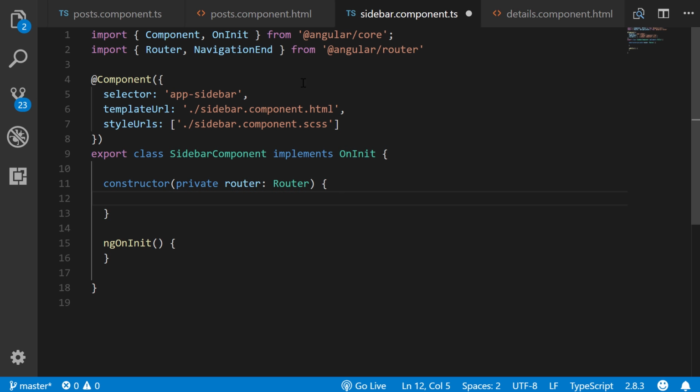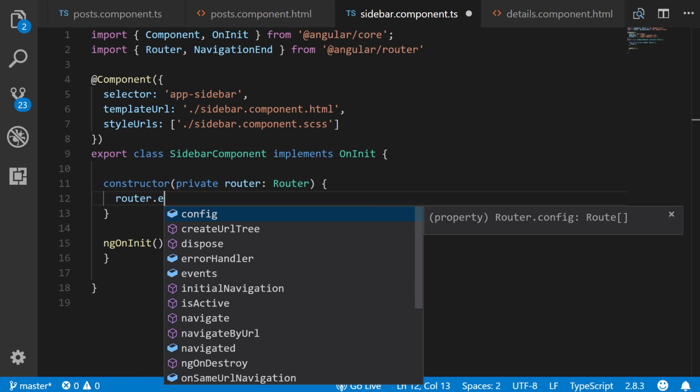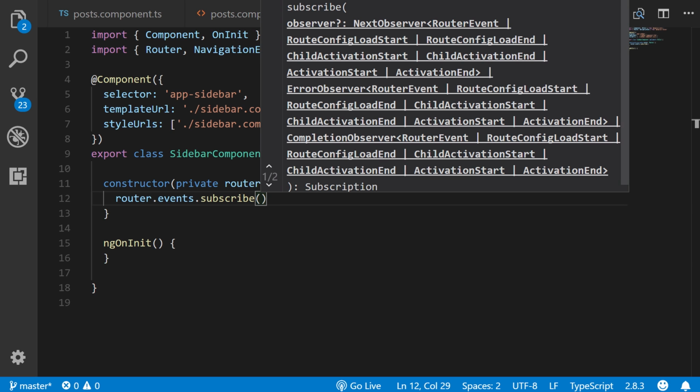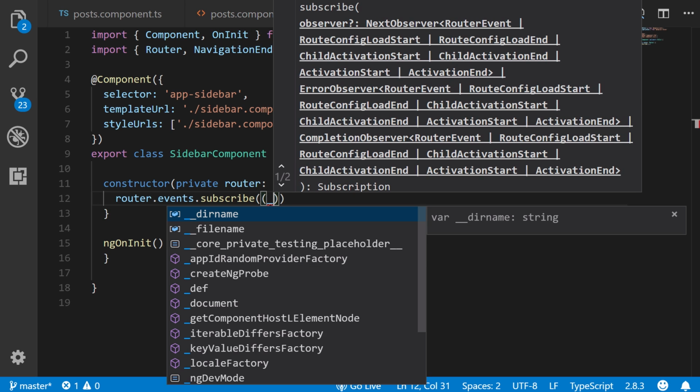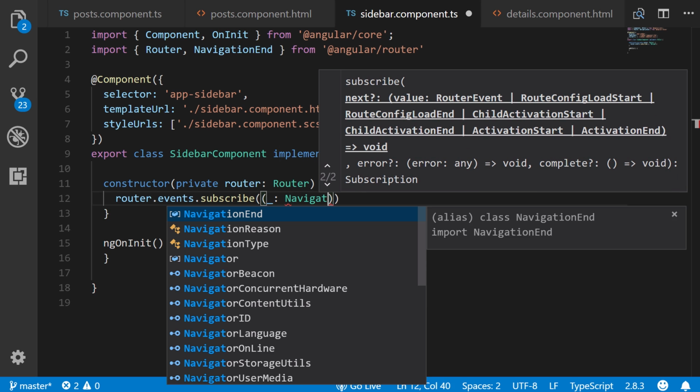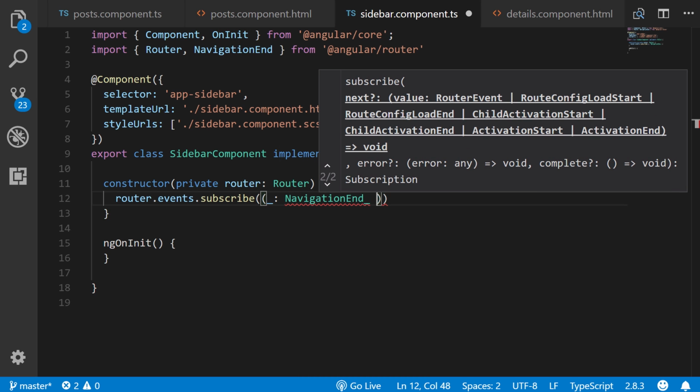And then inside of here, we're going to say router.events. We're going to subscribe to it. So every time the router's changed or somebody clicks on a new router link, we're going to say NavigationEnd